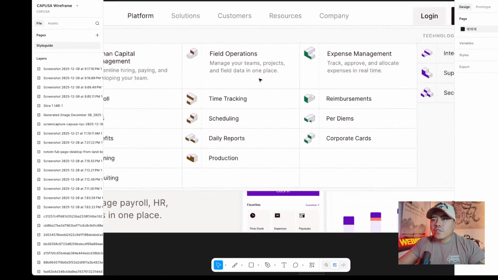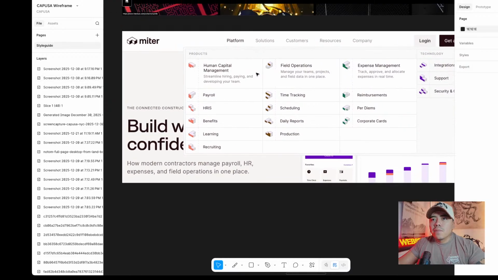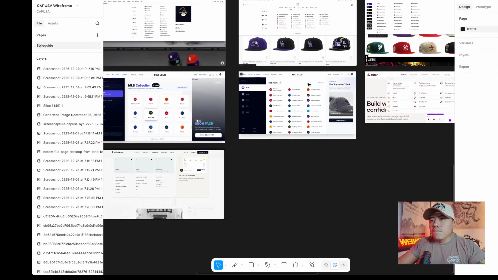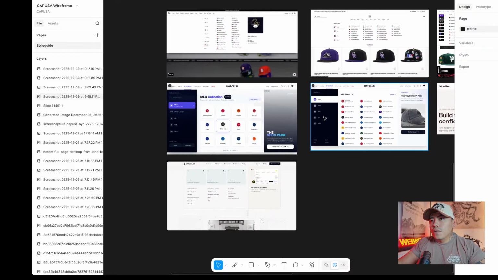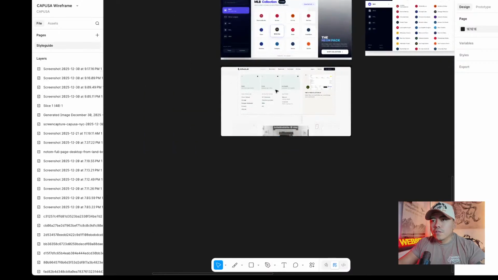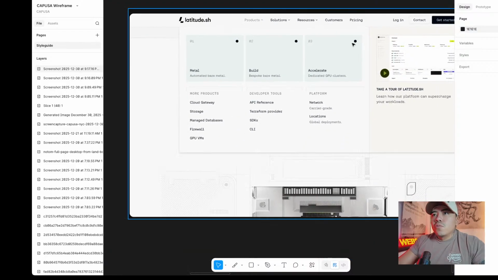And here's actually some screenshots from resources that I go to, and I get ideas from other mega menus in general, and I put them all together. And again, I just put these ideas in a vision board or a mood board, and then I figure out what works best based off of the direction and the goals for this specific project. So for this specific live, I just wanted to go through